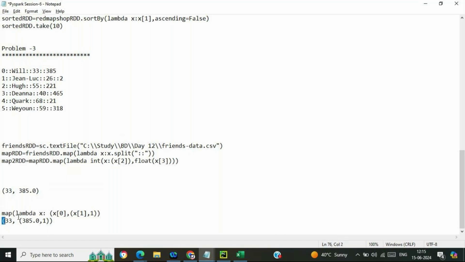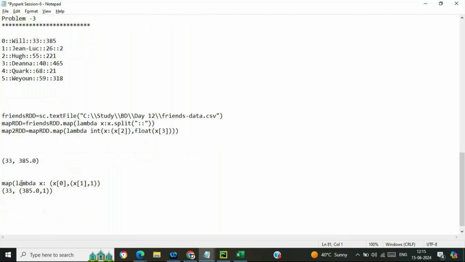So this is x of 0, and with x of 1 we mapped 1 over here. Our approach is this will be the key and this will be the value, and reduceByKey is going to work on the values.